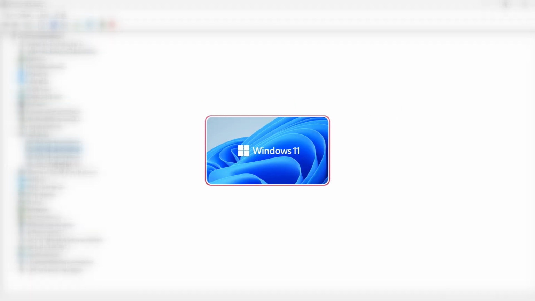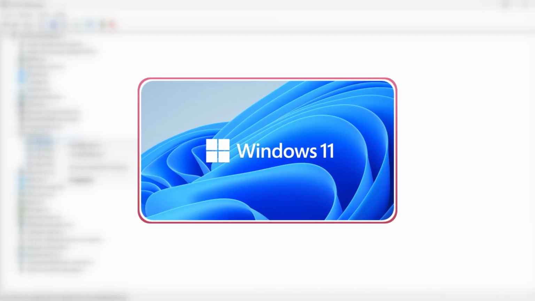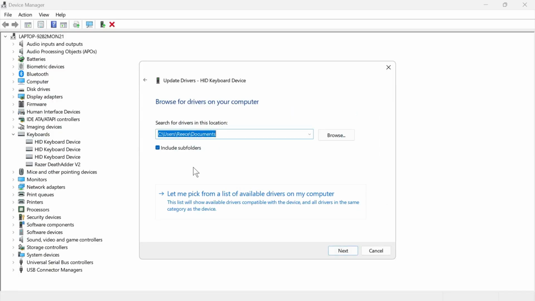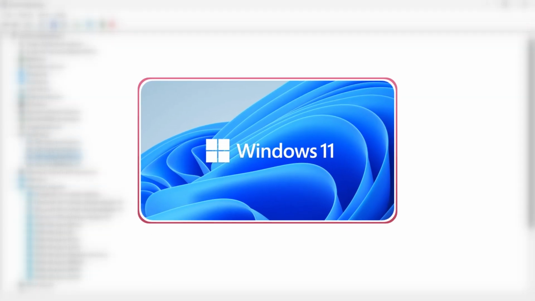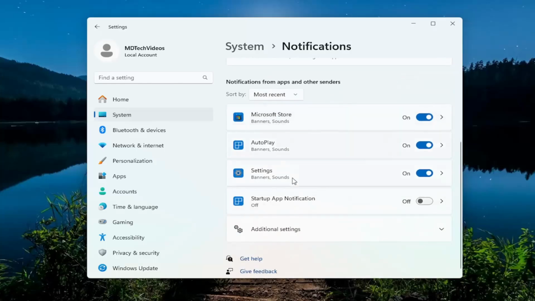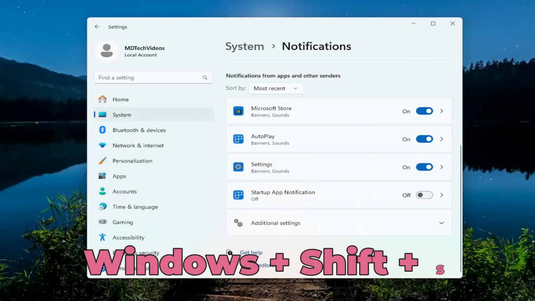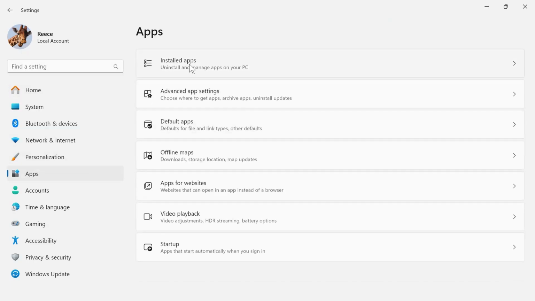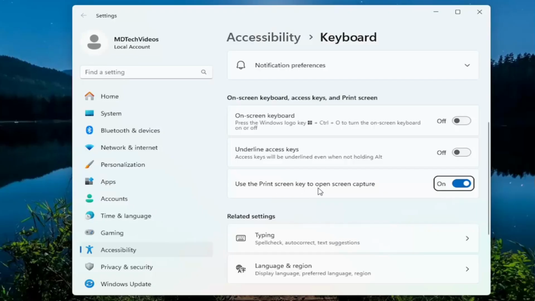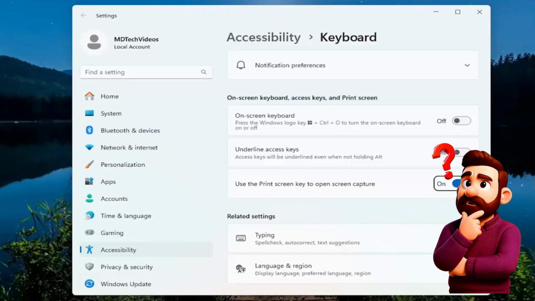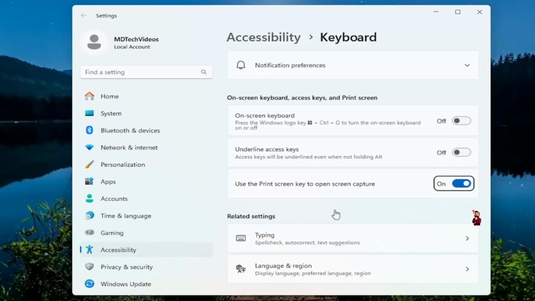Screenshot not working in Windows 11, fix Snipping Tool, print screen, and clipboard. If screenshots suddenly stop working in Windows 11, it can feel surprisingly frustrating. Yeah, especially when Windows plus Shift plus S does nothing, print screen stops responding, or your screenshots never appear in the clipboard. The good news is that most screenshot problems come from a small Windows setting, a snipping tool issue,